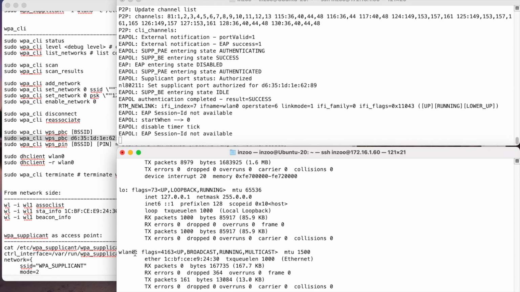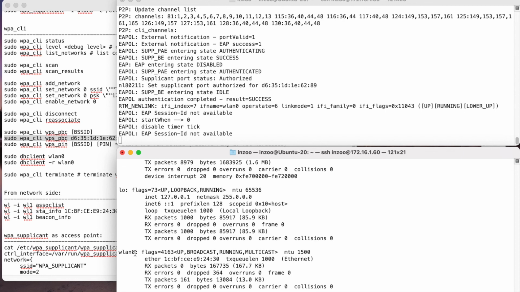That's an independent process. Usually this happens automatically, but in our case, we are doing all of this manually. So we just associated with an access point, and now we have a wireless connection, and I'm gonna trigger the DHCP client program manually